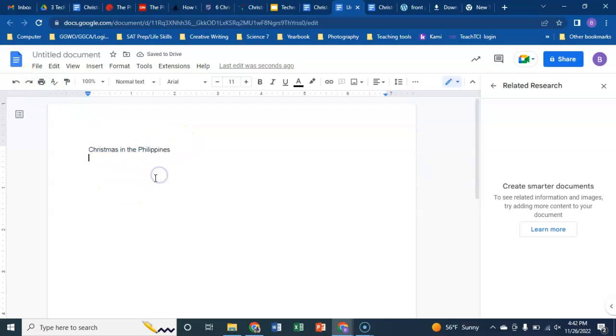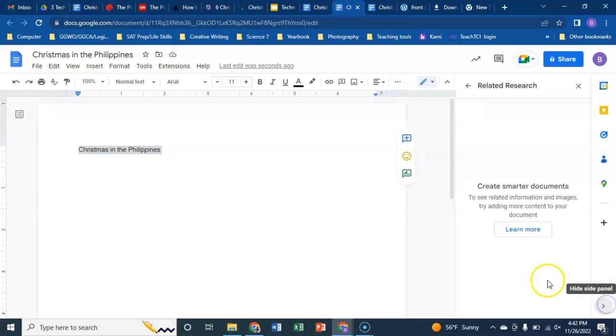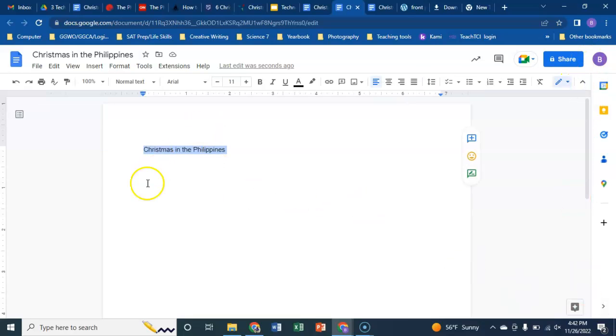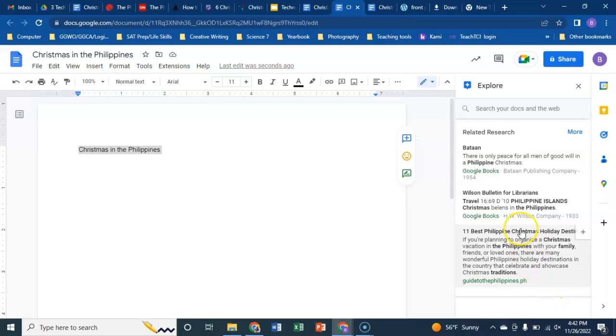Christmas in the Philippines. Then the next thing that I am going to do is click up here in Untitled Document, and it automatically puts the first thing that's typed on the page in as the title. So the title is Christmas in the Philippines. Next, I'm going to highlight those words or select them, and then I'm going to go down to the corner and click on the Explore button down here,